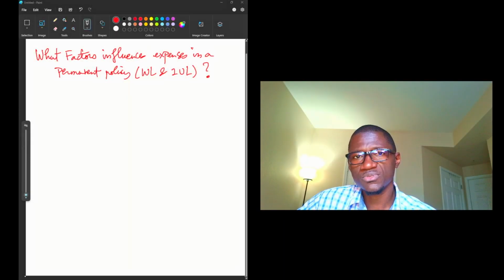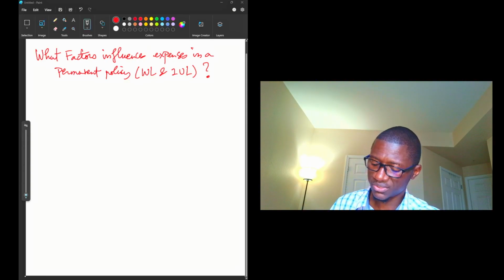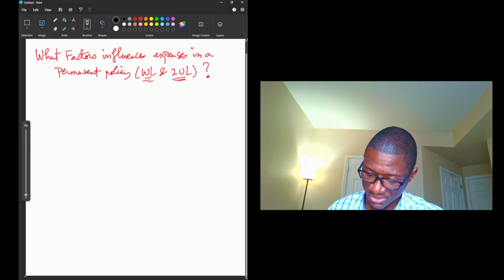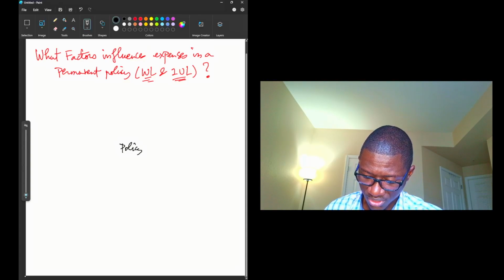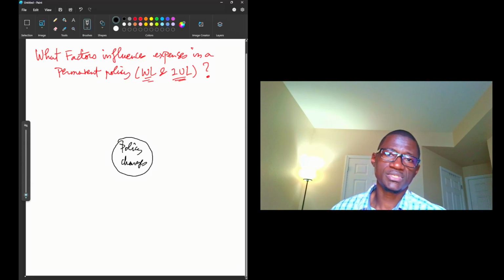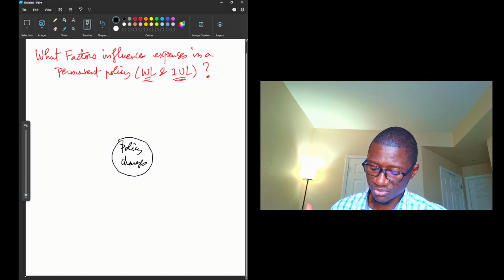Let's talk about a few key factors that impact how much expenses you will pay in a permanent policy. Here we're talking about whole life or index universal life. So let's say we have policy charges or expenses. The very first thing that impacts how much fees you will pay in a policy is the net amount at risk,